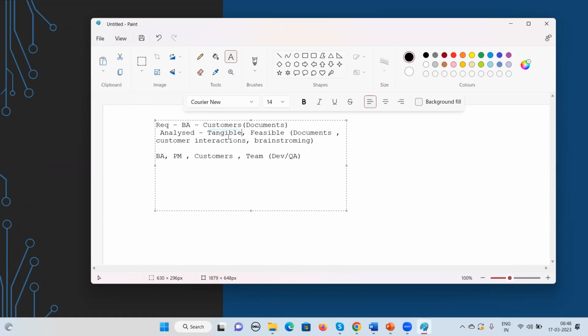So all these things will be considered as part of tangible, and feasible is whether this particular requirement is achievable or not. There are a lot of technologies, and the customer may demand some set of requirements, but we have to check whether that is feasible or not. Okay. So these things will be done as part of analysis, and next we have the